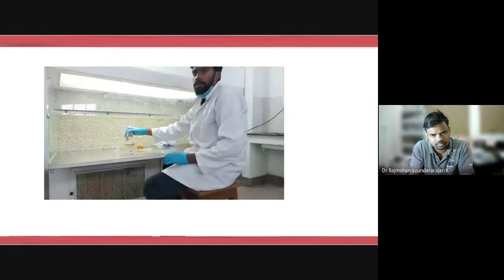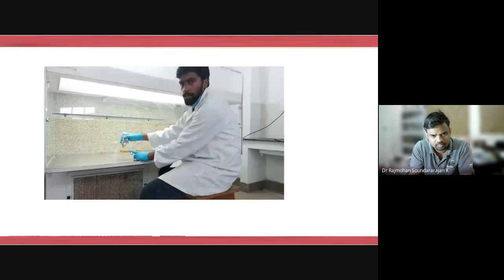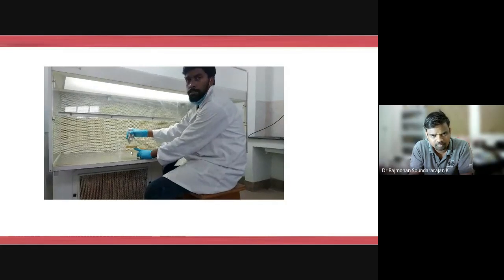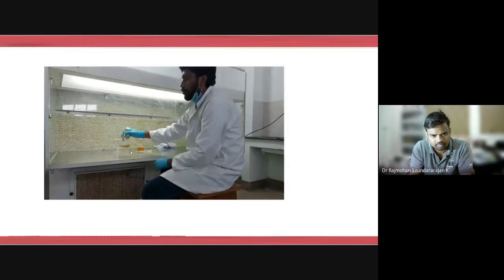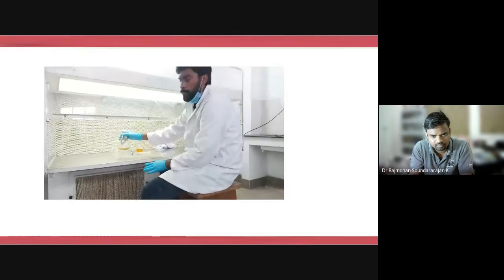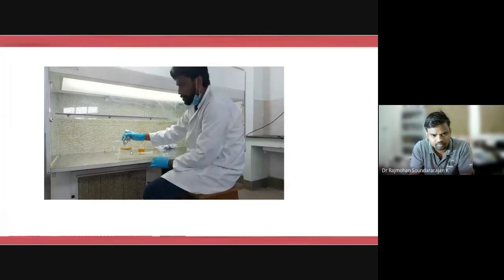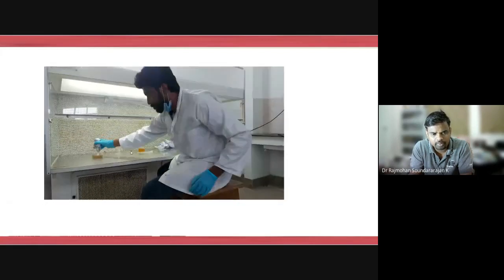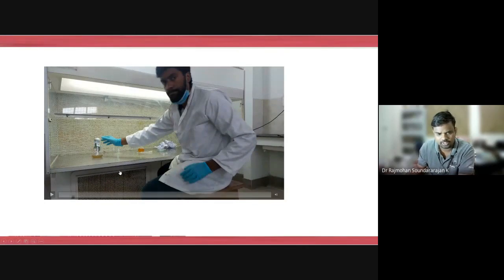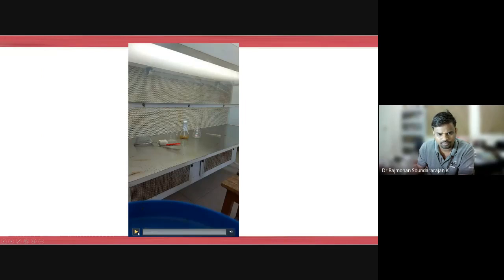Now in this class, we have the feeding solution for the microorganism Pichia pastoris and the activated carbon on which it is going to be immobilized, and we are going to incubate it for 2 more days for the process to happen. So we will be incubating it for 2 days, allowing it to stay as it is without disturbing it in the same chamber. Okay. Now let's see what has happened.